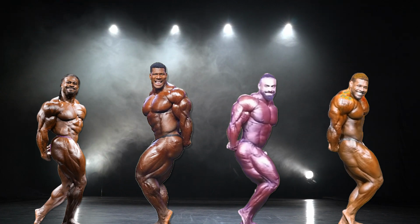If this was a prime Bonac like 2019 or 2017, he would easily take this pose since the fullness and size disparity wouldn't be so large. As it is though, I would say that Rubiel is winning due to the size. He's unmatched in that aspect, and his conditioning is great from the side as well, and he has wow factor